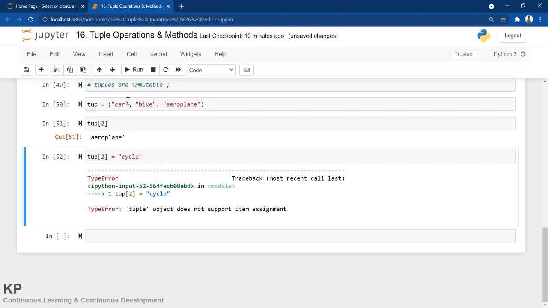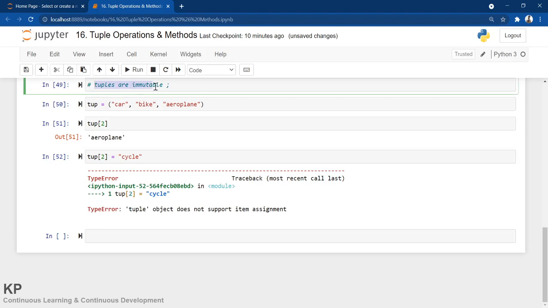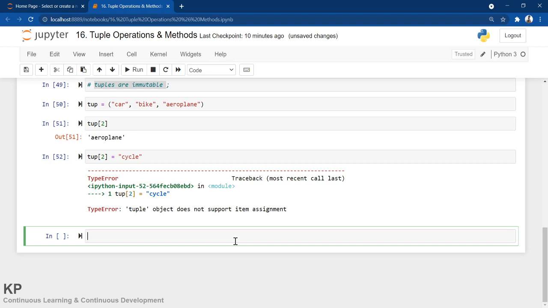Okay, so now it's proved tuples are immutable. Once the elements are assigned, you cannot change them. So this is all about tuples being unchangeable, where item assignment is not supported.